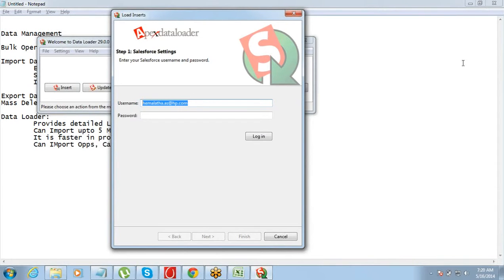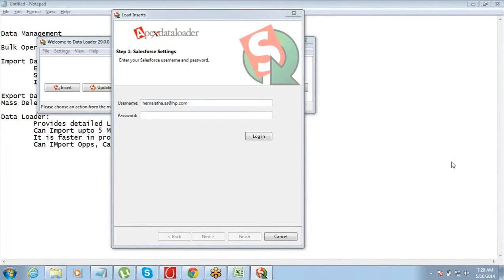So I'll put your login ID and password of your Salesforce Developer Edition. That will work. So put your login ID password and try to log in.